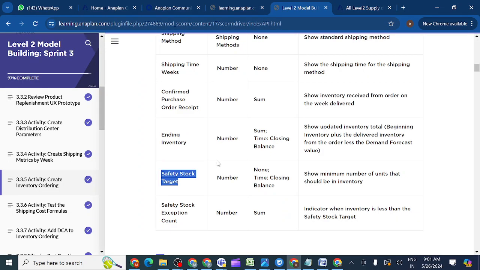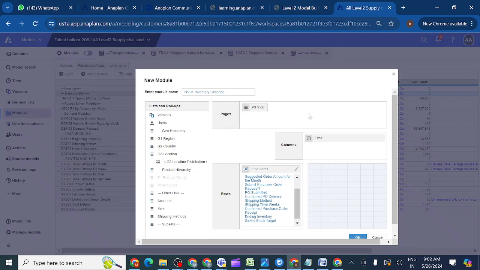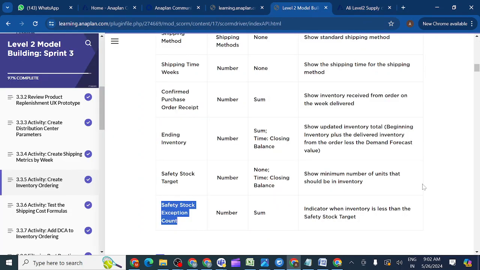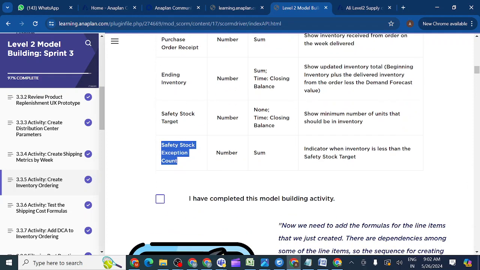This Sprint 3 is a major module. Once you complete this module, we only have 3 or 4 activities, that's it. We don't have many activities, but this is a very lengthy module. So we should understand what things we are calculating and how we are calculating them. These things we need to understand here. So majorly you can see